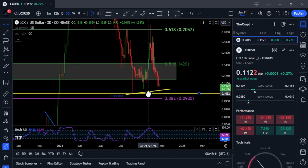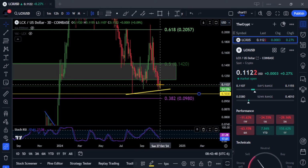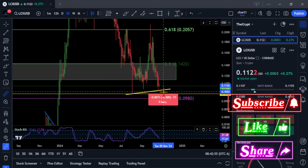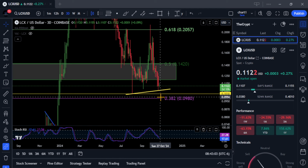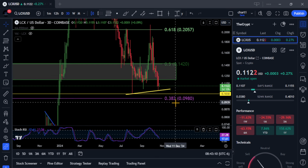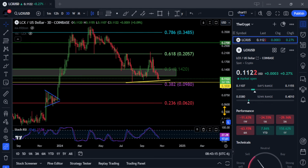So we'll move this yellow line down to that previous low. If you break this low here, then it is coming a lot lower. You can see the first level would be the macro 382 here at 9.8, and then we would have the price drop about 9% right now from where it is at 11. But that would be your last support level to hold. Did I measure that right? Let me see. So if it comes all the way down here, okay, yeah, I thought more of a 13% drop. So 9.8 would be your last support line to hold,